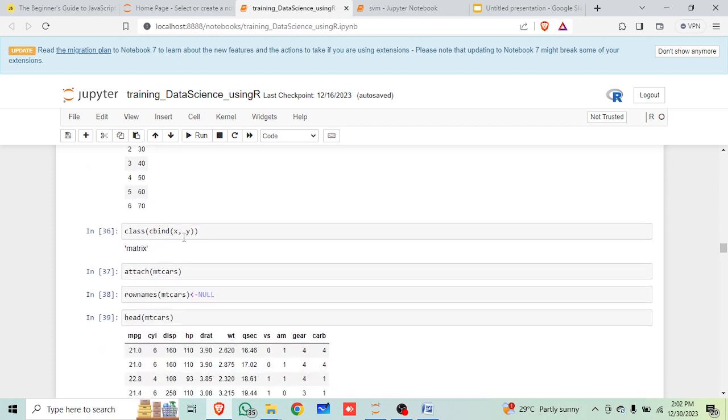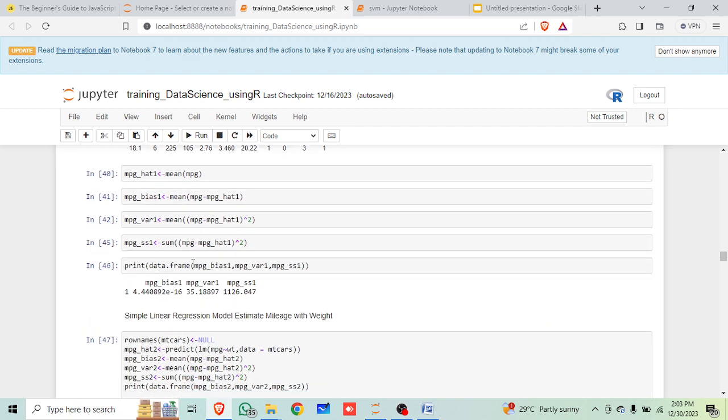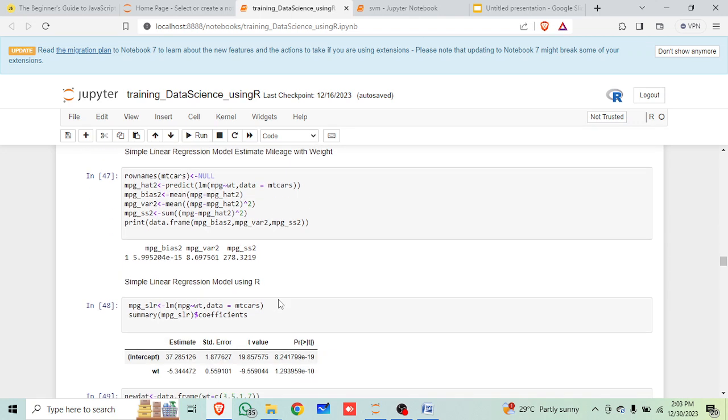So class of cbind x, matrix, then attach mtcars. Suppose this is a database, it is already there, a default database. So attach mtcars. Now set row names of mtcars to NULL, like that. If you see the head of mtcars, you can see the entire data is available here. Then if you go for the mean of mpg, which you assign to mpg, head one, this is possible, you can run this. All these formulas you can add. So if you want to print the data from mpg bias, mpg variance, all of these you can also go for. Suppose you want to create something,